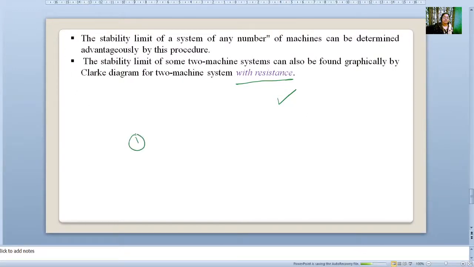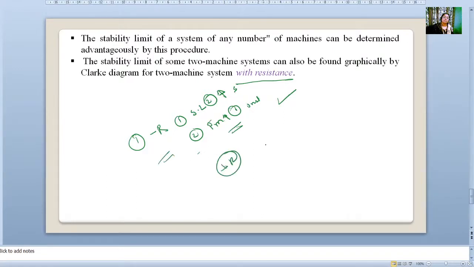Effect of governor action: we have considered it for negative resistance. In the first case we have increased the shaft load on machine 2, and in the second case we have increased the mechanical input of machine 1. In the first case the system is stable, in the second case the system is unstable. The reverse is true for positive resistance, but here delta is equal to delta m2, that is fixed. And now the conservative criteria for stability.